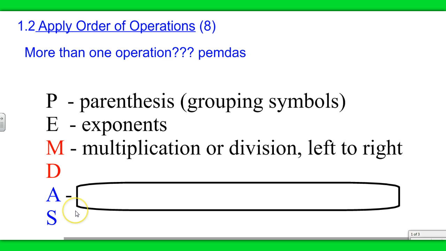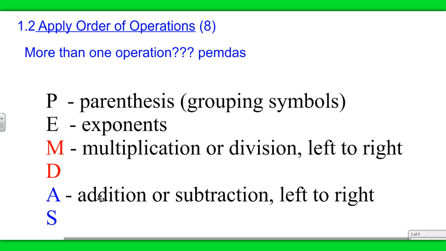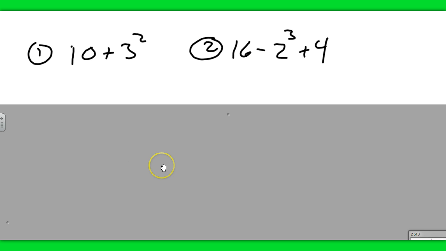And the final operations that you complete when looking at multiple operations are A and S, whichever comes first, left to right. A and S stand for addition or subtraction. So let's try a few, and then we'll move on to section 1.3. So go ahead and pause, try it out, come back. So in this case, you should have